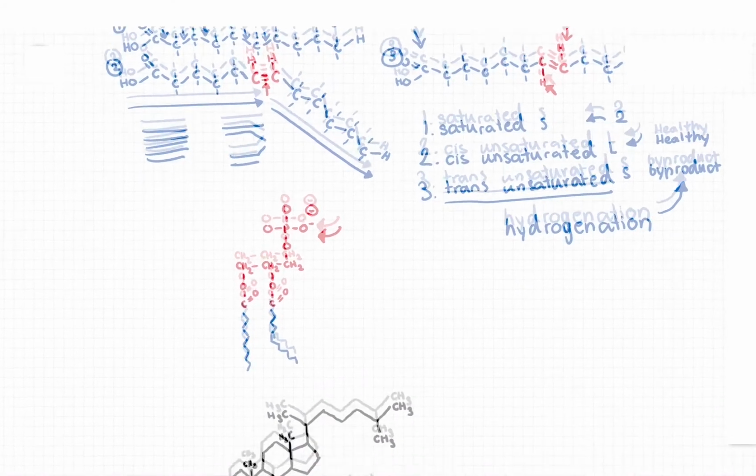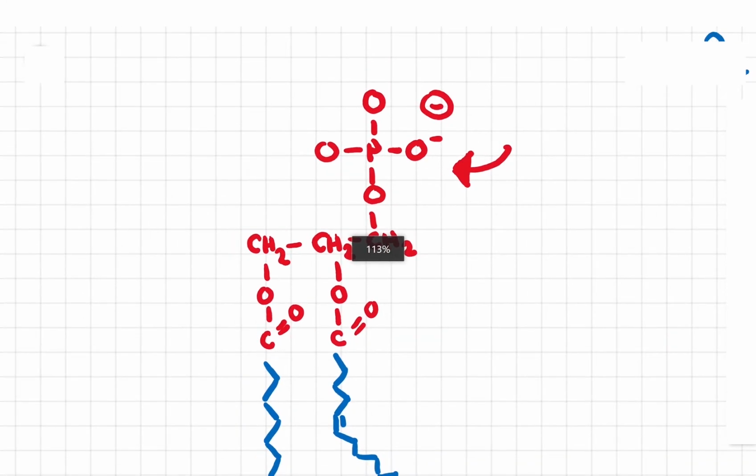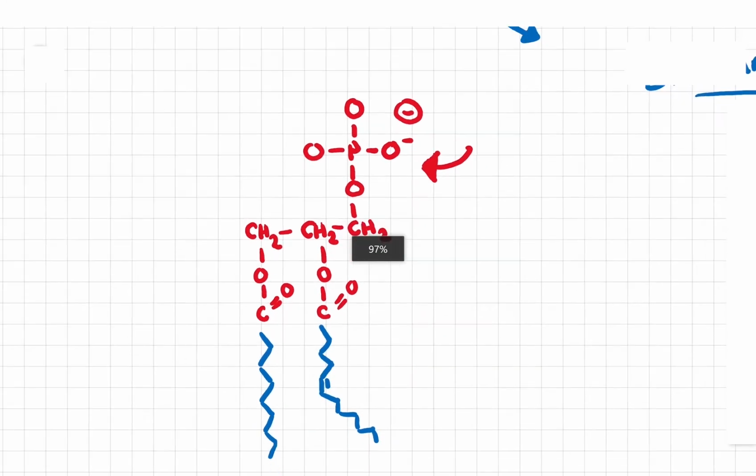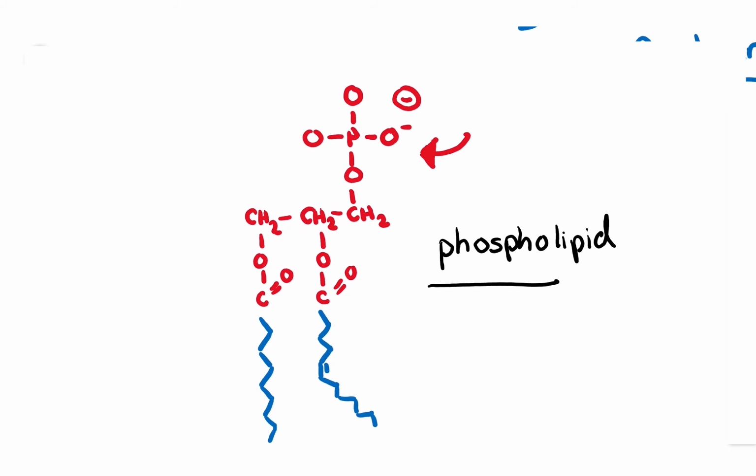Now the next structure I'll be talking about is called a phospholipid. Let's write this out, a phospholipid. And again, the name alludes to the structure. So when you hear phosphate, you can tell that there's a phosphate side group found in this structure. Again, a phosphate side group is charged,